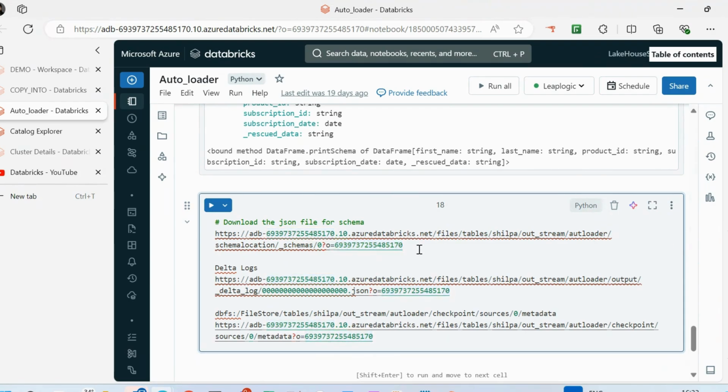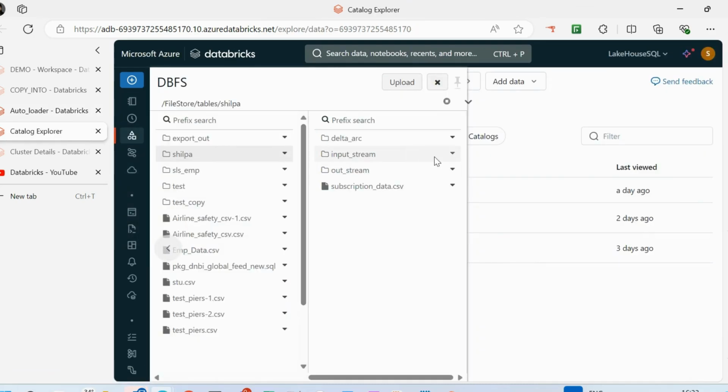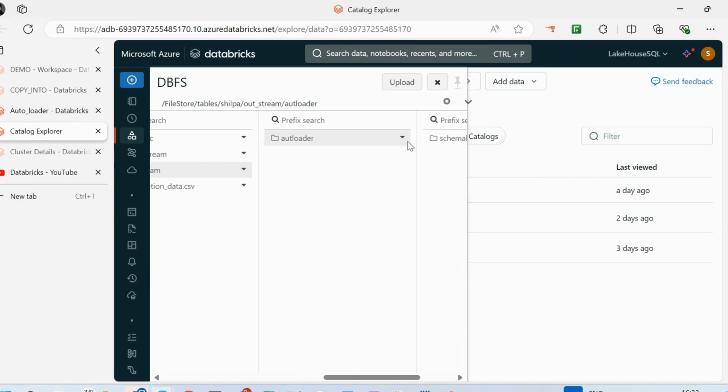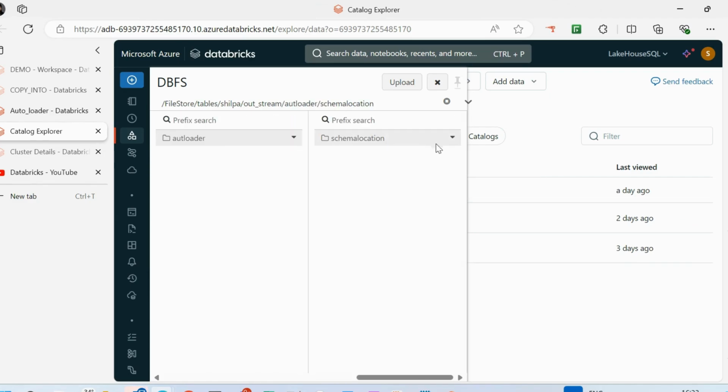So as we were discussing how exactly you can export a file from the DBFS location, you don't have an option directly to go ahead and download this particular file. If you see, it will just allow you to copy the path, it will not allow you to download the file. So exactly to see what is present inside this particular schema location, you have to download this file. So in this there is no option, right?